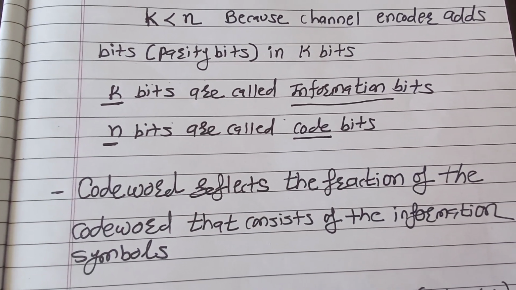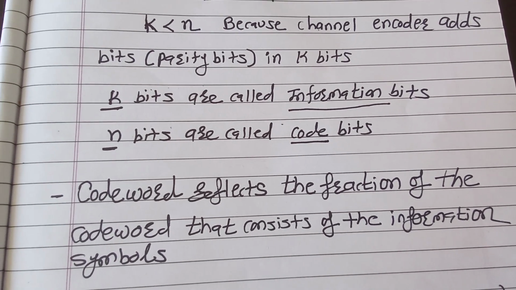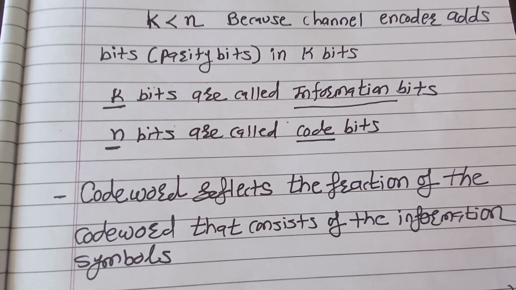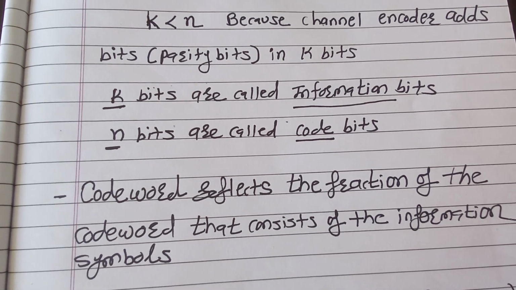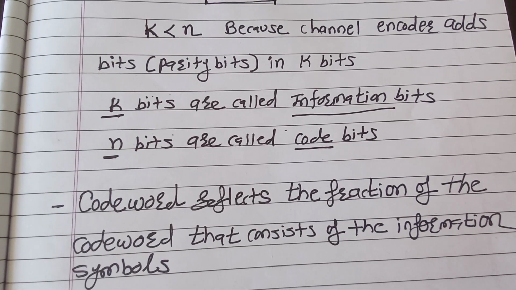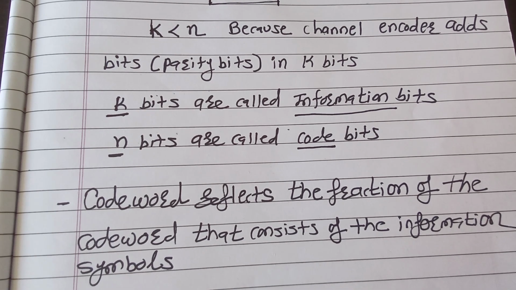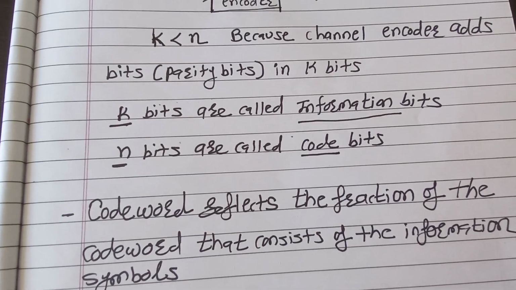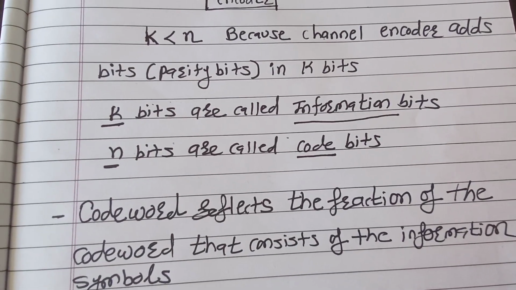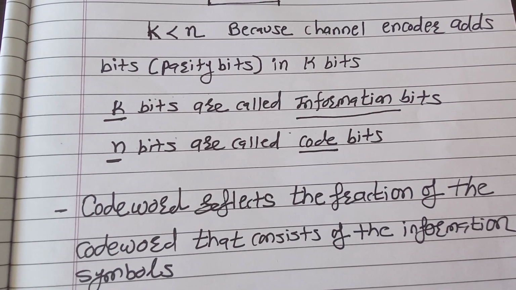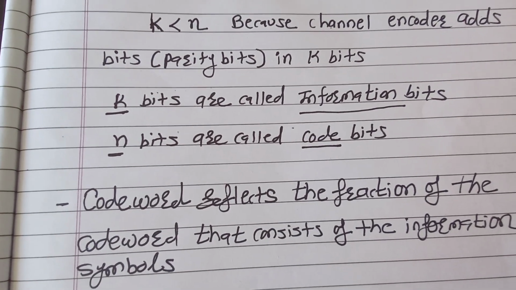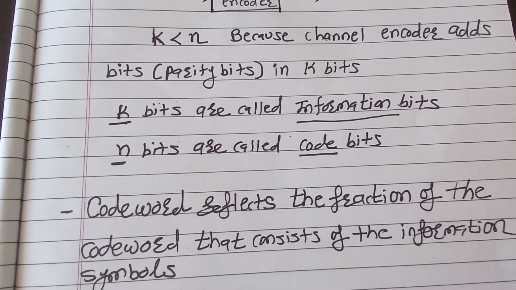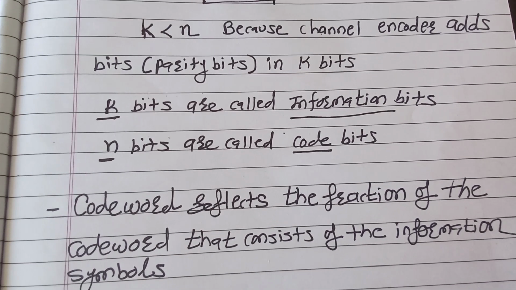that is k. So for example, if k is equal to 4 and n equal to 7, then in percentage form, 4 by 7, that means in 7 symbols of the code word, in 7 bits of the code word, there are 4 bits of the information, which if you calculate the percentage, you will get around 57%. So 57% of information is there in that code word, and the remaining is redundant information or parity information, which is used at the detector side to detect or correct the